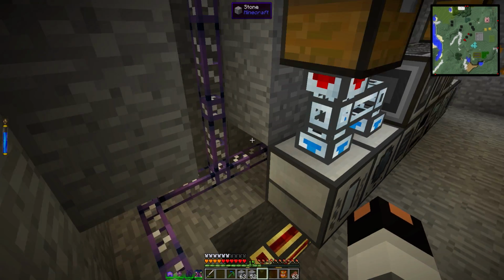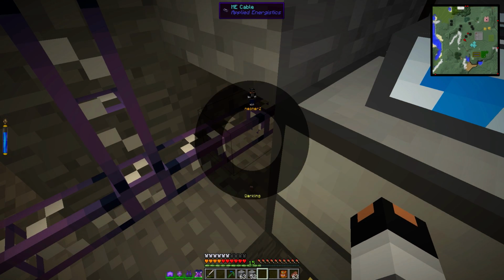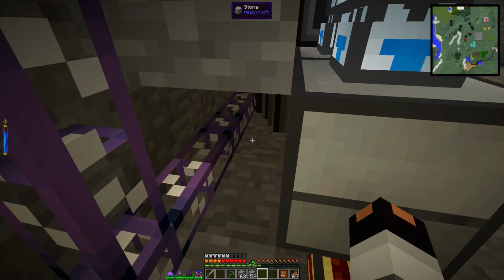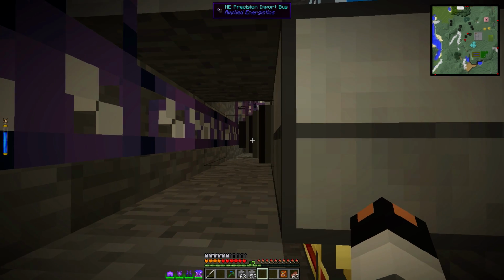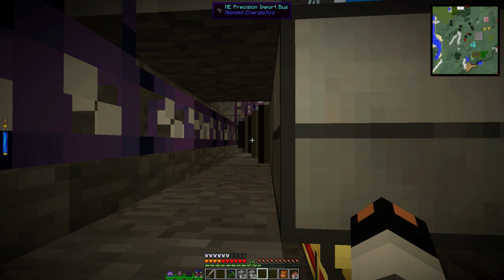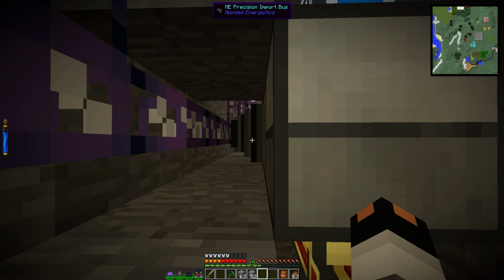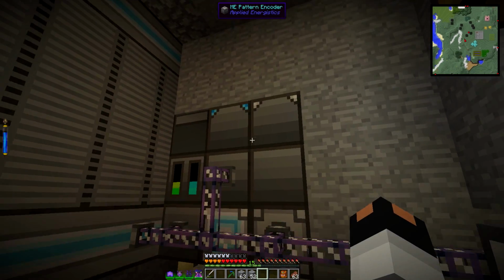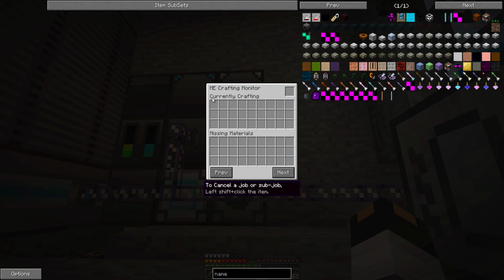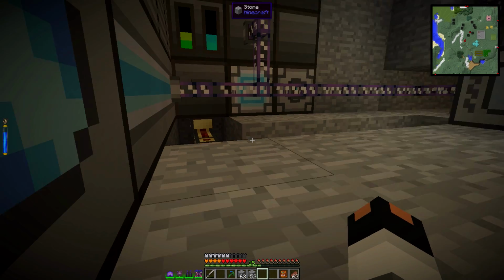This fills it up. And then behind here, and if I go down into a darkling state, you could probably see it. Can I see it? Yeah. A precision import bus, which will take the full redstone energy conduit out of here. And then once that happens, the crafting monitor, the crafting system, registered as complete,